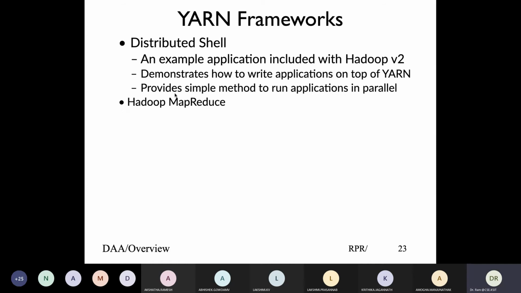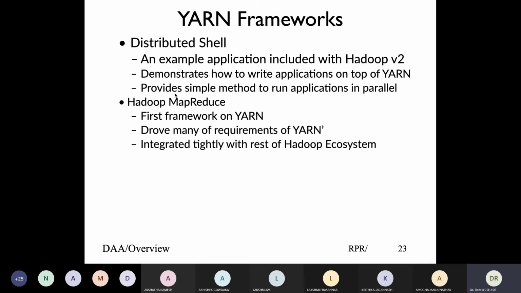Then the other app is MapReduce, which was from Hadoop v1. When Hadoop v2 was defined, it ensured that MapReduce should run as it is without changes, to make sure of backward compatibility. That is what the second framework is, and Pig and Hive are part of it. Oozie runs workflows in parallel. It works with both MapReduce 1, Hadoop 1 and Hadoop 2.